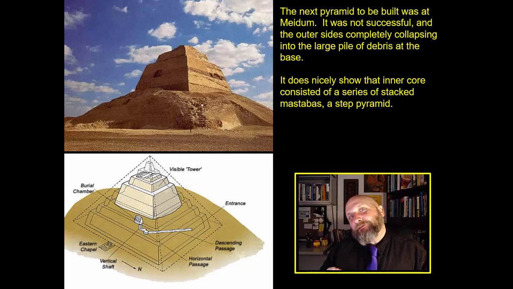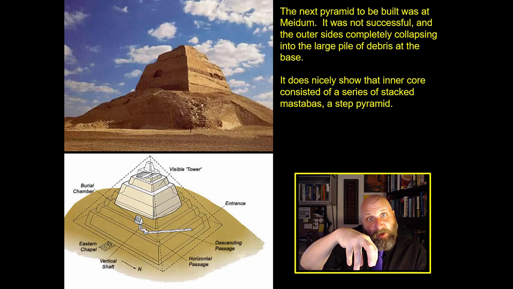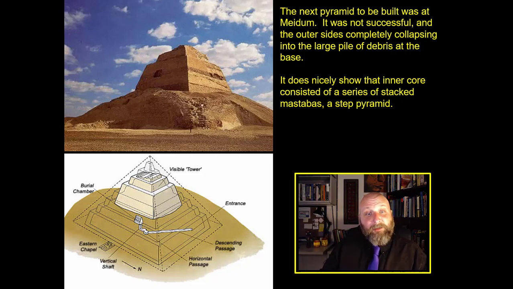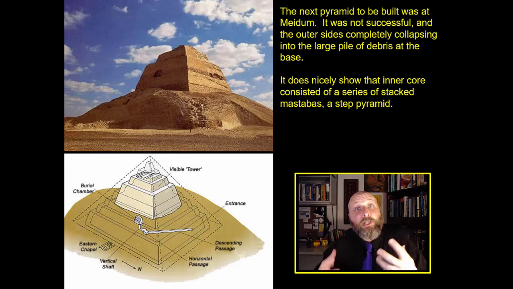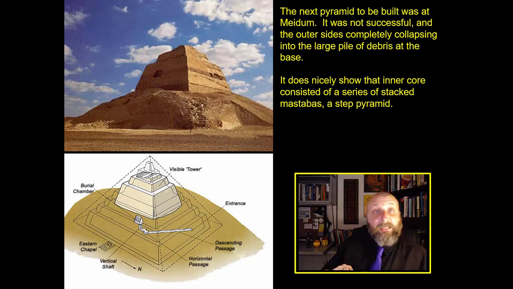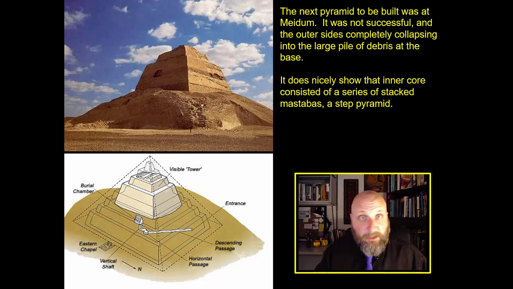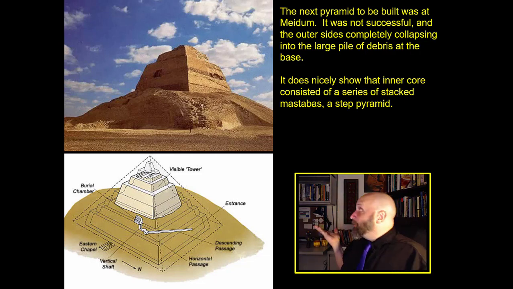But something happened. They never finished the pyramid at Needham because roughly 2/3 or 3/4 of the way through construction, someone made an engineering error in the base. And the weight of the stones at the top of the pyramid broke the stones at the bottom of the pyramid, and the pyramid collapsed. The sides of the pyramid slid down to form that huge pile of rubble that can be found all around the failed pyramid at Needham. I mean, it shows you how the pyramid was constructed, but this was the great failed pyramid of Needham.